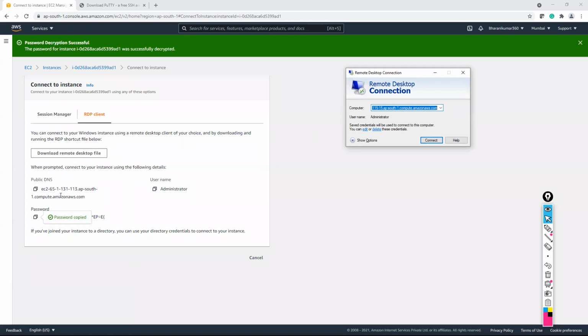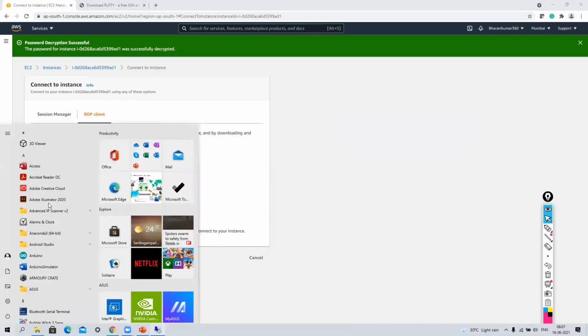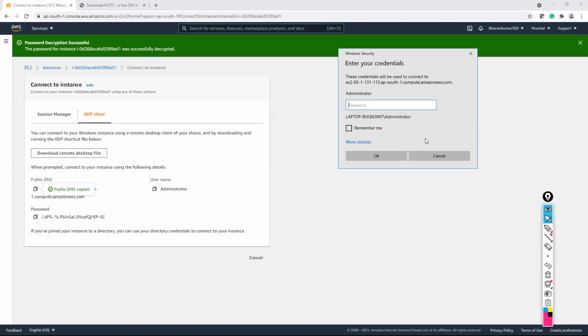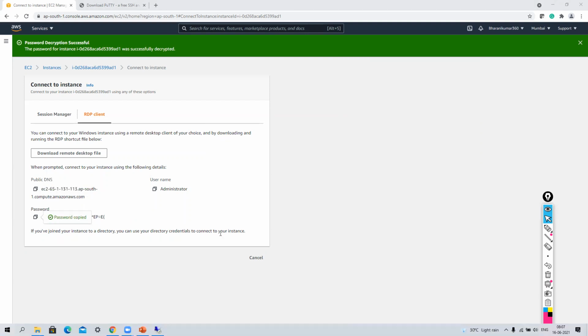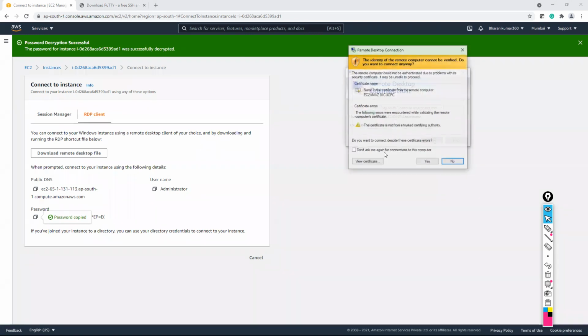You have to give the computer name, this DNS name. Copy the public DNS and paste it here. Connect, password. Copy password. For me, I got connected. Then it is asking me for yes. Click on yes. Again we got connected. That's it.